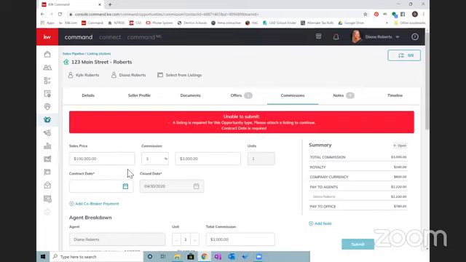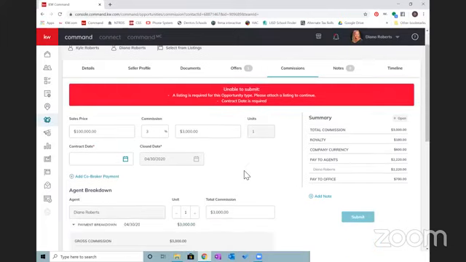But okay, so we've got the $100,000 house at 3% listing. It calculated the commission amount and auto-calculated the units. One thing to note is that if you have both sides, you should have been doing this from the beginning. Let's say you have the seller and the buyer, but just in case you haven't been, you